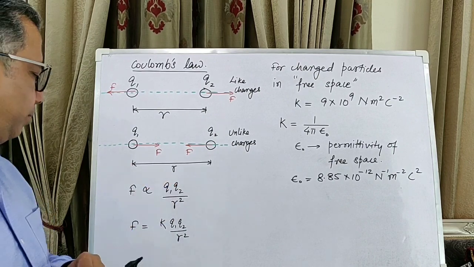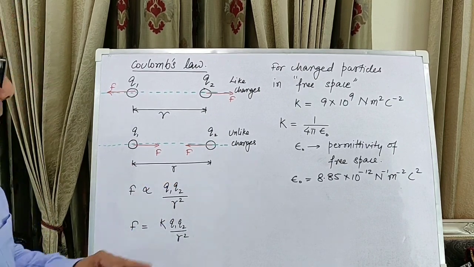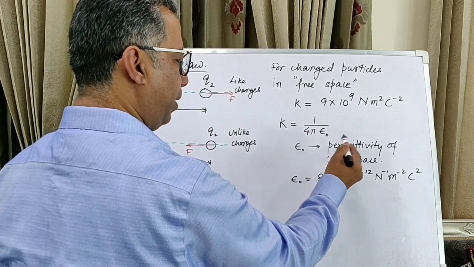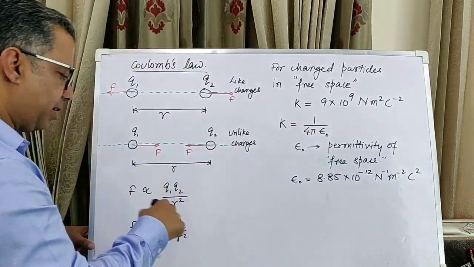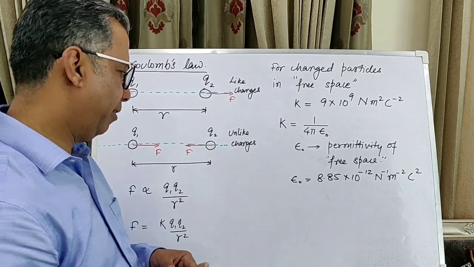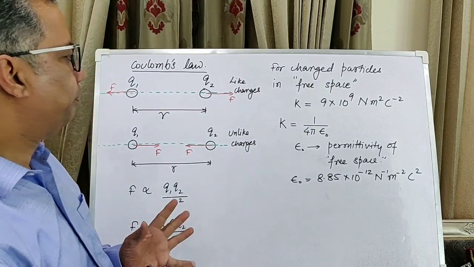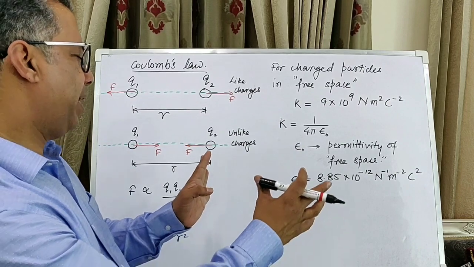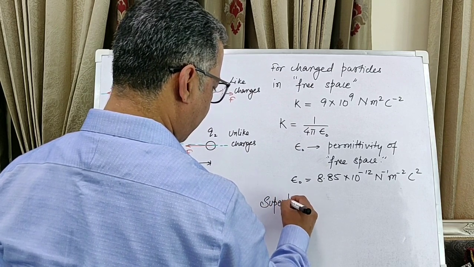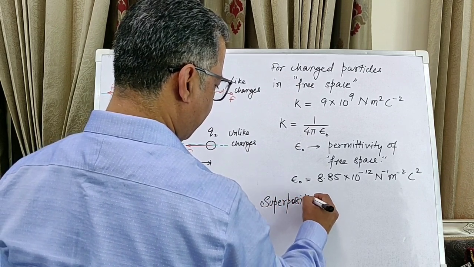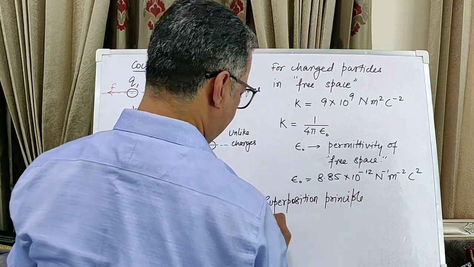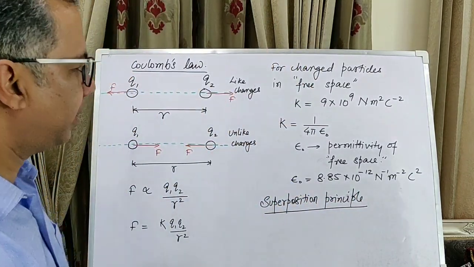So that's epsilon naught for us, the constant which we call permittivity of, again, free space. As I said, the law that we have discussed so far is for charges placed in vacuum or in free space. Now, the law can be carried a little further in what we call the superposition principle. Now, what is the superposition principle? Well, this principle says that